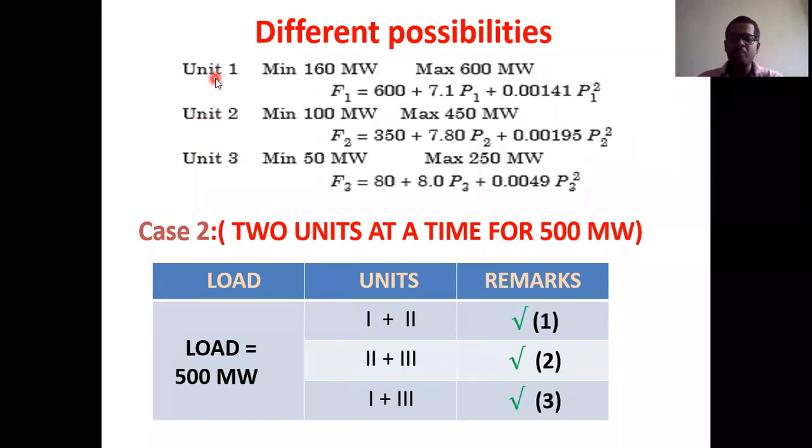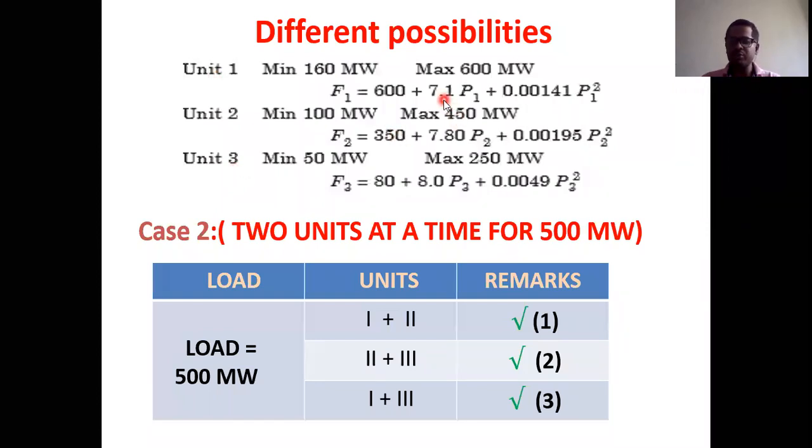So generally, when you apply your common sense, in order to generate the power, we must give importance to the generator which is having less incremental fuel cost. So that's why, out of these three generators, listen very carefully, first we must give importance to unit 1, then unit 2, and only then consider unit 3. The reason is it depends upon the incremental fuel cost.